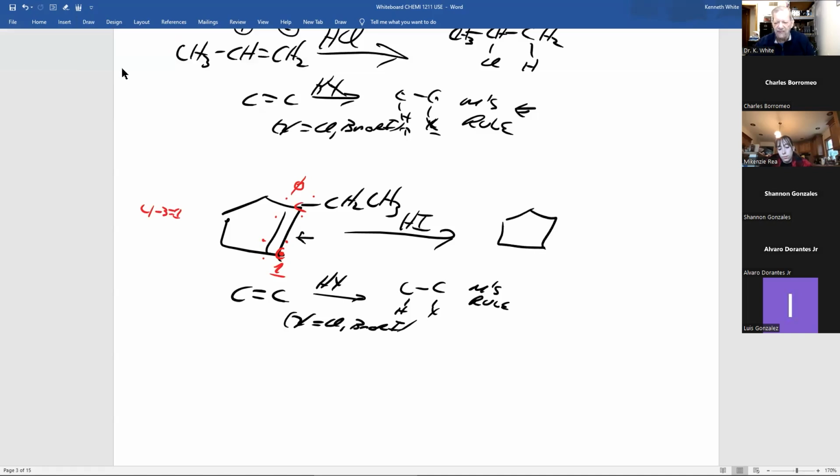Do you break carbon-carbon single bonds? No. So you'll still have the ring, and you'll still have the ethyl group. Now, the hydrogen would go to this carbon, but we don't show it on a ring. There's 2 bonds to that carbon, means there's 2 hydrogens. And the other carbon with the ethyl group will get the halogen. Now, you could put the ethyl group here and the halogen there, switch them, doesn't matter for this class. In real life, it does, but not for this class. And that's how you do it.